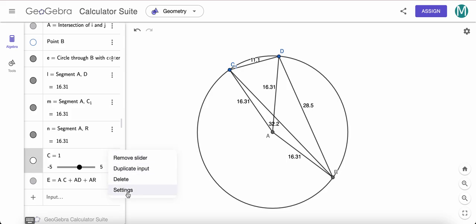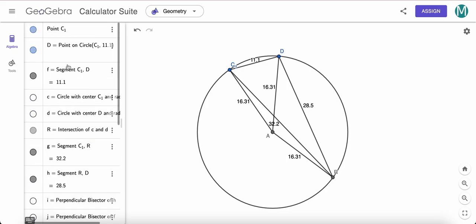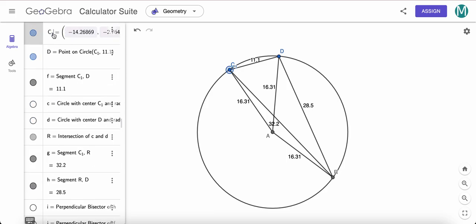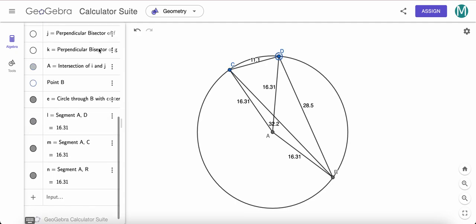So let's delete this one and let's go back and change this to just C. Okay. Now let's make the calculation again. AC plus AD plus AR, as you see, is a total of 48.3